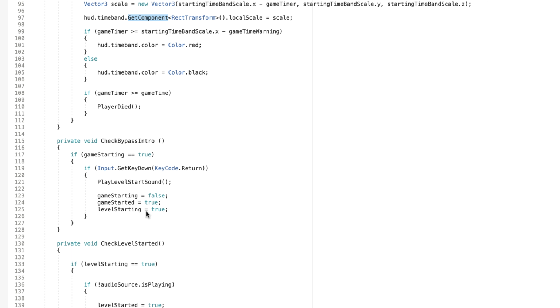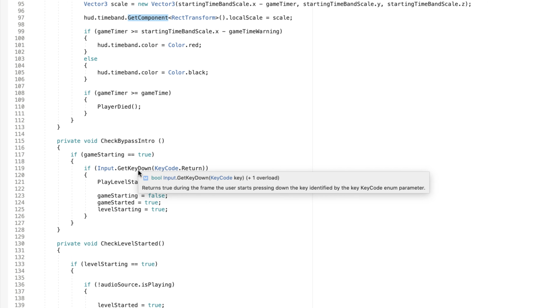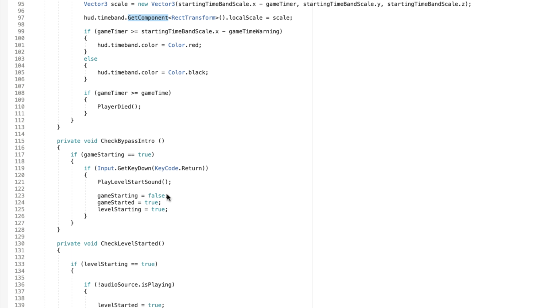The player can press the enter button, and then what'll happen is if we're at a place, which we always will be, where we can press the enter button. Otherwise, let's see, if game starting equals true. That doesn't even make sense. We should be able to press return anytime. We shouldn't care if the game is starting. Why do we care? We could probably get rid of this at some point. But for right now,